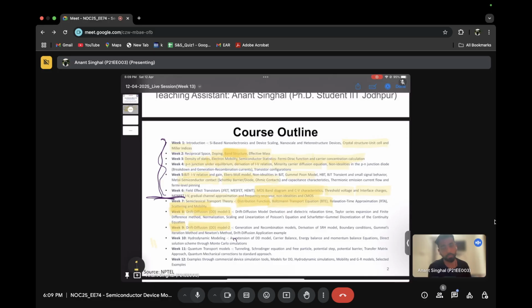Mathematics is a plus, but physics is the main part. If you know that the drift part is happening on applying an electric field, and the diffusion part is happening due to the concentration gradient, that is enough. Along with the derivation, know what the special cases are, and at least try